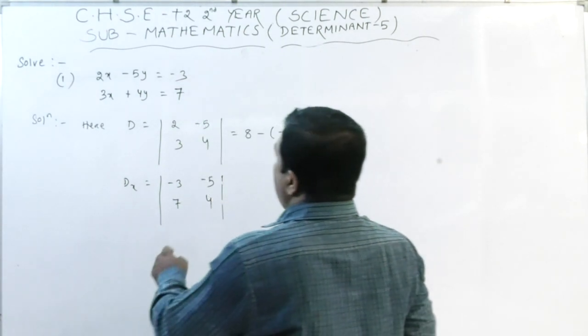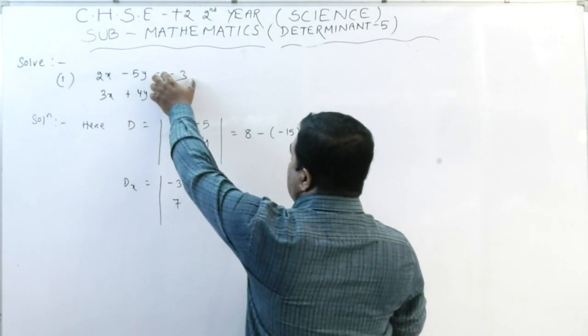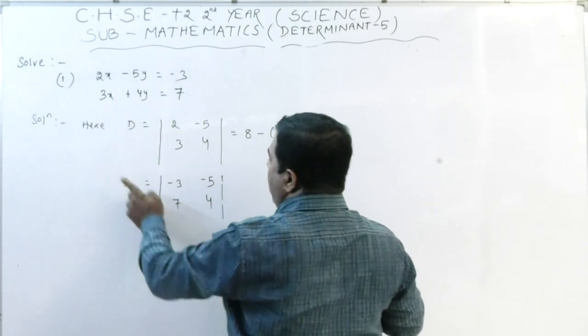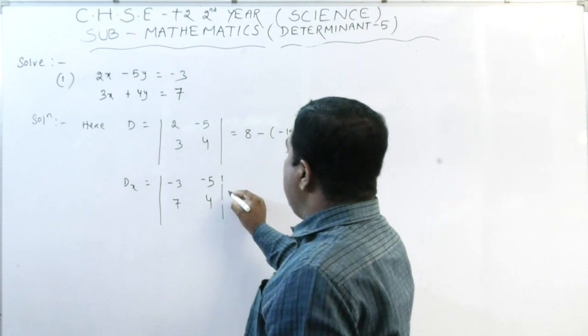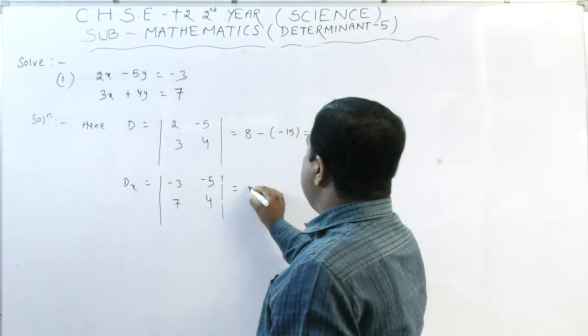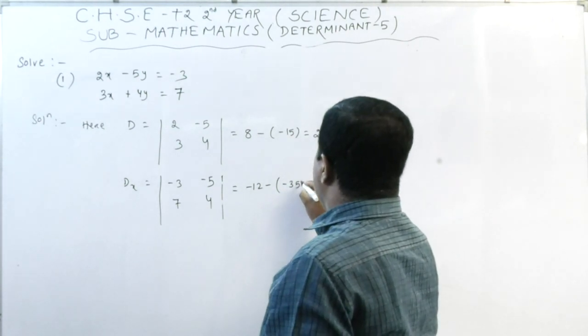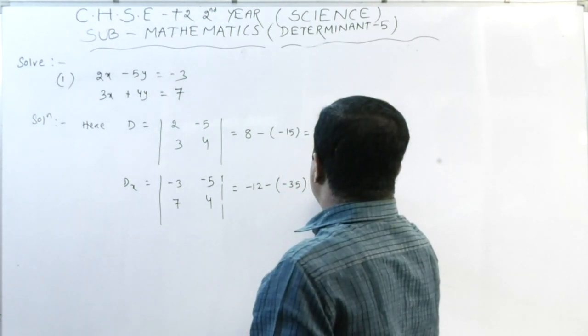You can see what I did. I replaced the coefficients of x by the right side values, and what is its value? We can calculate it. It is minus 12 minus of minus 35, so it is minus 12 plus 35,